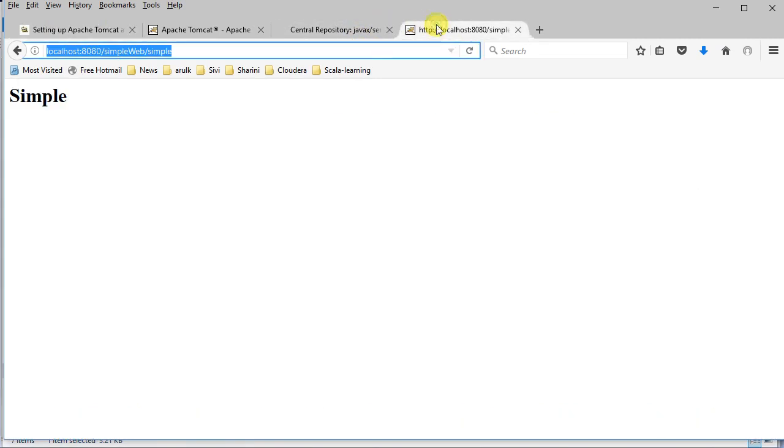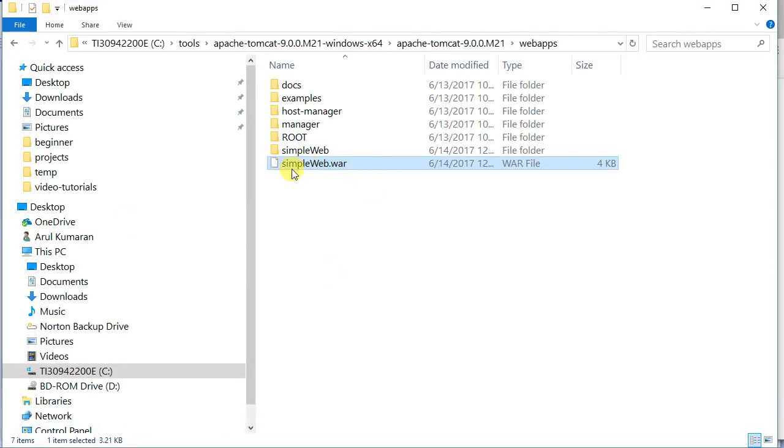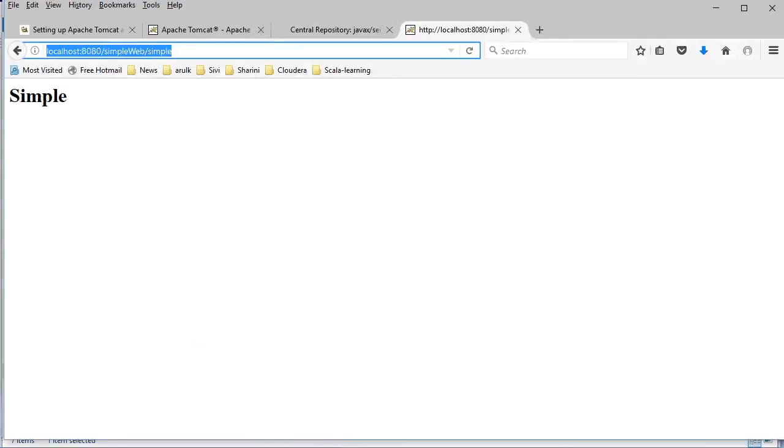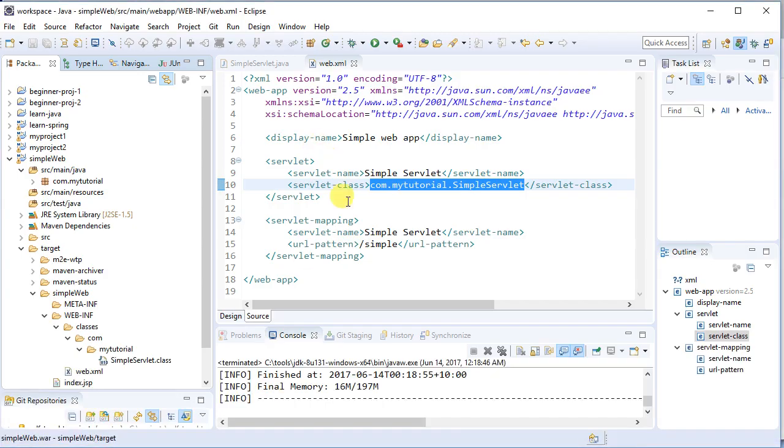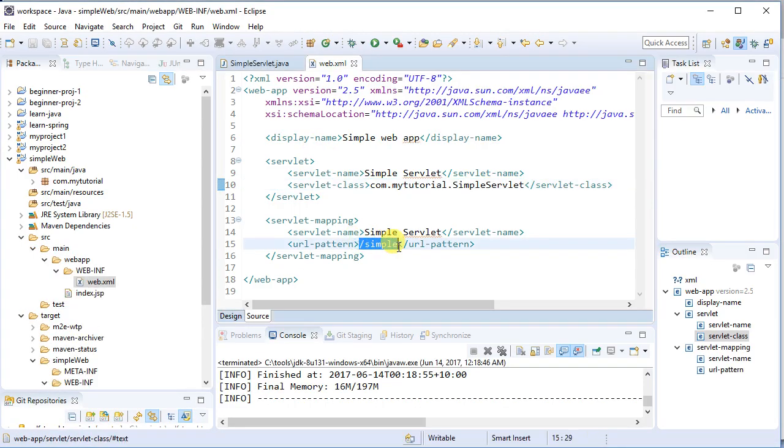To invoke this, you go to a web application. Simple web is the name of the project. So basically you can see your simple web.war get exploded into simple web. Tomcat has exploded it. So simple web is the context. You need to put the application context, which is simple web. Then simple is the URI. We set it up through the web.xml file. We said if we call simple, you should call the simple servlet. And then we have said the simple servlet is nothing but